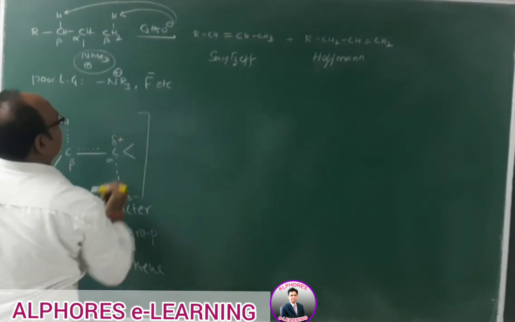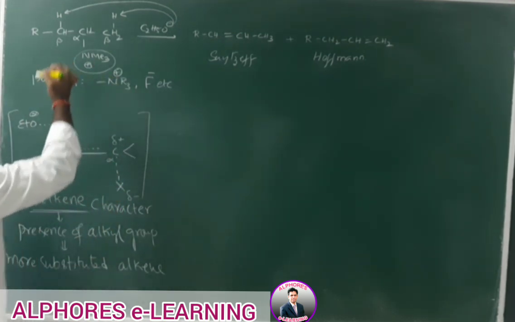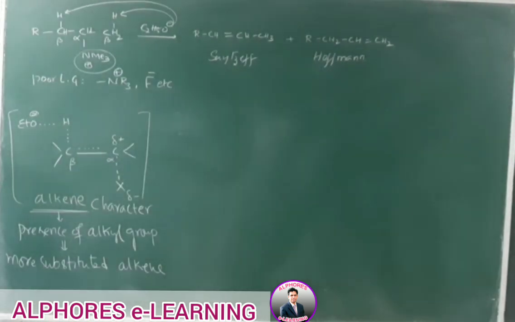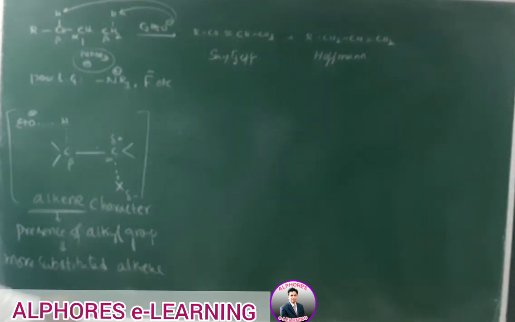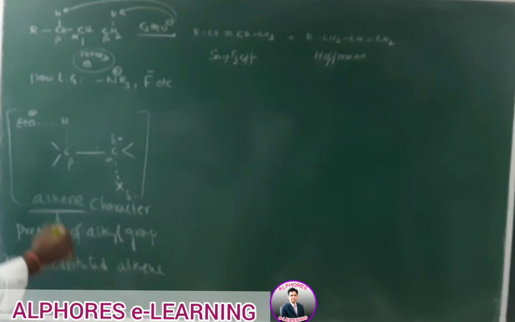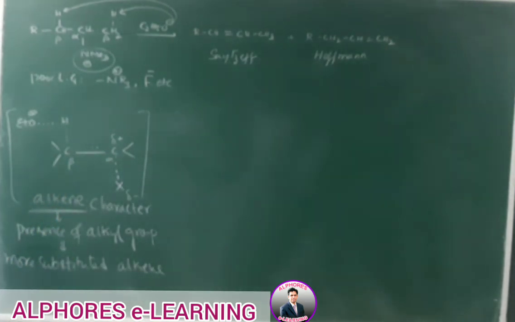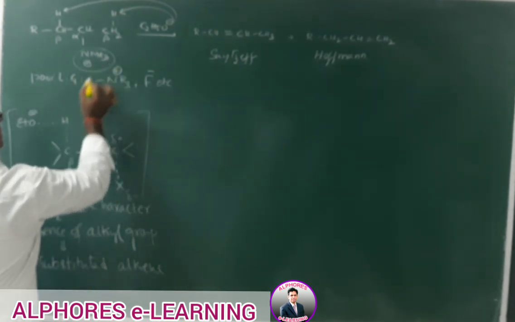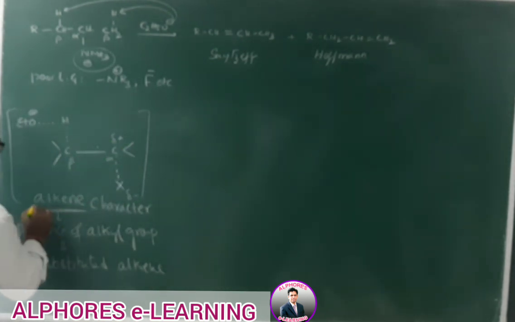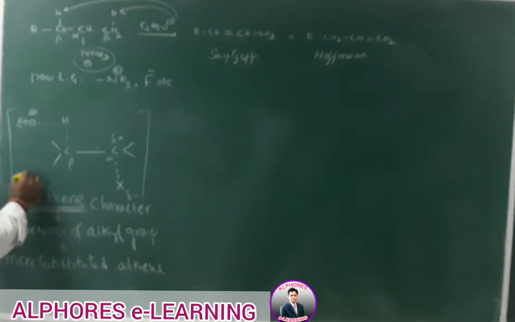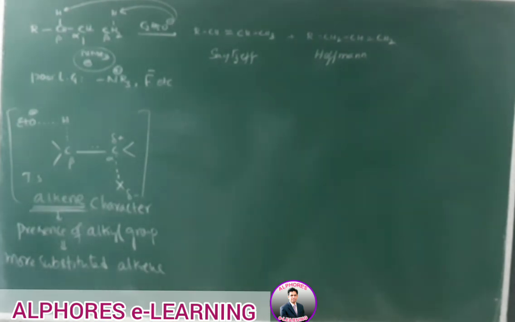In such a case, this poor leaving group cannot push the sigma bond electrons because it does not have much tendency to leave. In other words, it cannot stabilize by leaving; as F comes out as F minus, its stability is less. Just like that, here its leaving tendency is less. In such a case, we cannot expect this type of transition state mechanism. That means we cannot expect an alkene-character-containing transition state.